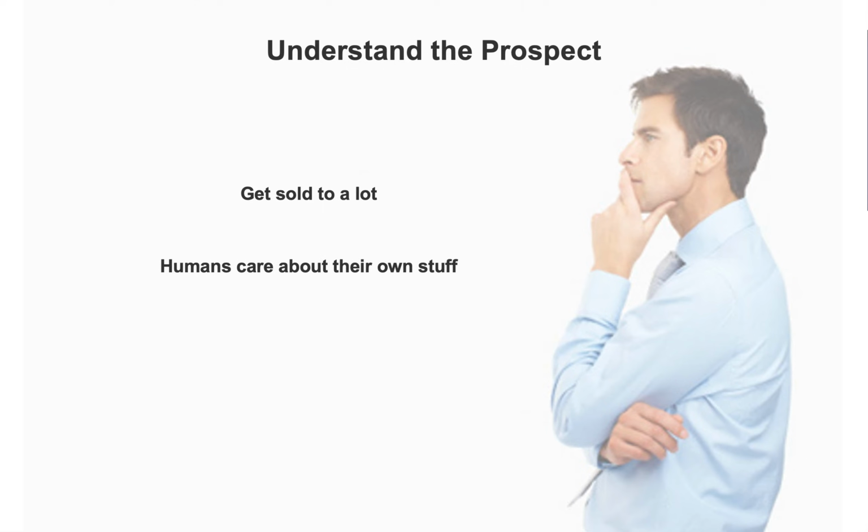The other thing that I think is important to be aware of is that humans care about their own stuff most. Sure, we care about other people, we care about other people's stuff, but the thing that we care about the most is our own stuff. You care about your friends' kids, but you care about your kids more than anything. You care about your hobbies more than your friends' hobbies. Even knowing you can sit there and talk to them at lunch, if they play tennis and you play golf, you'd much rather go play golf, watch golf, talk about golf, than to watch tennis